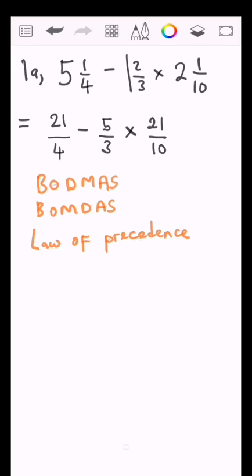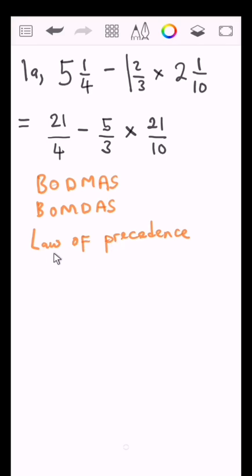So ma sets of rules aya, BODMAS, BOMDAS ne law of precedence, zvakatsanangurwa more fully mune video ratakagadzira answering question number 1 yeCambridge June 2007 paper 1. So if you need to understand more about BODMAS, BOMDAS and the law of precedence, you can go and watch that video. You can check in the comments section. Cha provide a link which takes you to that video. But panapa we are just going to use the law of precedence. So the law of precedence inotokudini.